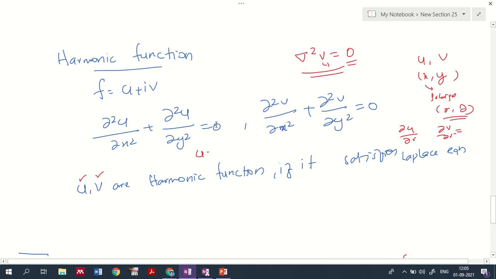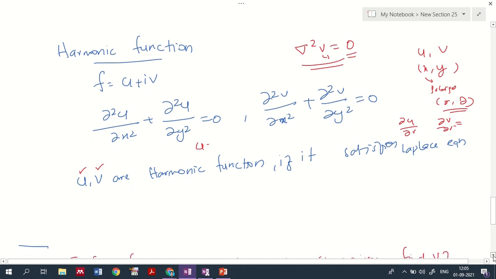It is very simple. So I'll be keeping a homework problem regarding that, which you can do by yourself. It's a very simple exercise. So I'm moving on to the next portion, that is about finding.